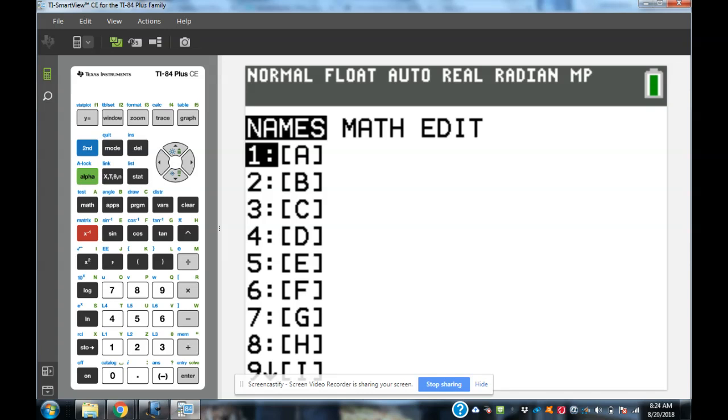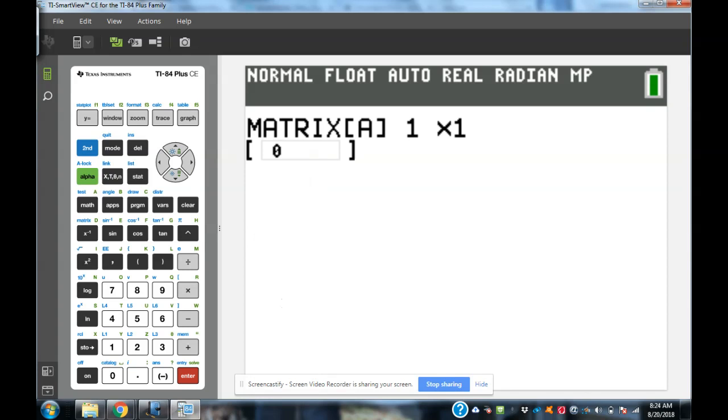So I'm going to press the right arrow key or the left arrow key, it doesn't matter. I'm just going to move over to edit, and I'm going to pick a matrix to edit. I'm going to pick matrix A, and then just hit enter on that, and you should get here. This is where we set it up. What size was the left matrix in the example we just did? 2 by 3. So we're going to put 2 rows, 3 columns. 2, press the right arrow key, 3,